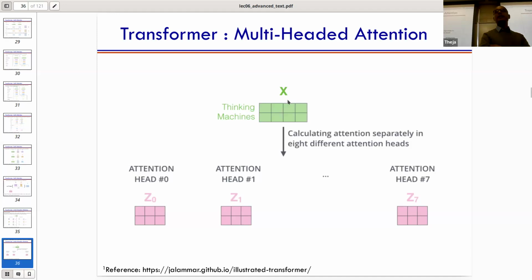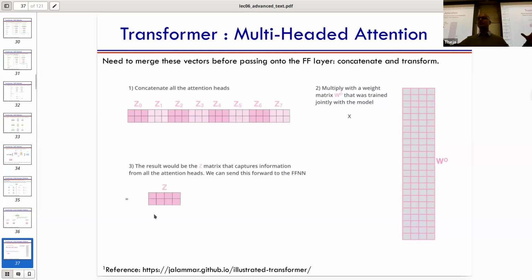Generally, in the actual pre-trained models, there's a specific number of multiple heads that they use to define the self-attention block. But in this illustration, we're just saying, if there's an X matrix, one row per word, then there's going to be Z0, Z1 to Z7 if we have 8 attention heads. We just saw how to go from X to Z0. That was the initial operation. We just made copies of it by saying there could be multiple such W matrices, multiple attention computations. And what do you do? Now you have too many outputs.